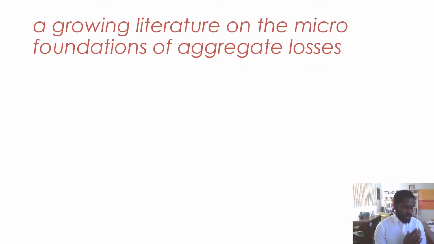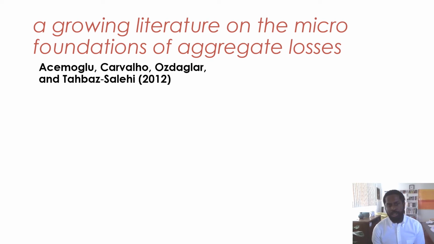So before getting into how we do that, it's good to acknowledge the fact that our work is coming on top of a growing literature on the micro foundations of aggregate losses. That work in economics has focused on understanding network connections at the level of sectors and perhaps even the level of firms. And it's notable to mention one paper which we build on, which was this 2012 paper from Acemoglu, Carvalho, Ozdaglar, and Tahbaz-Salehi in Econometrica, which talked about the aggregate fluctuations from